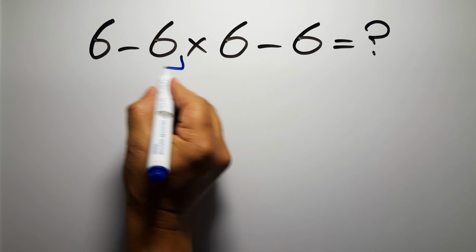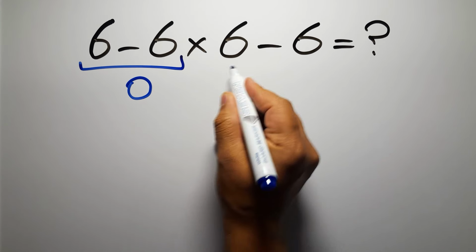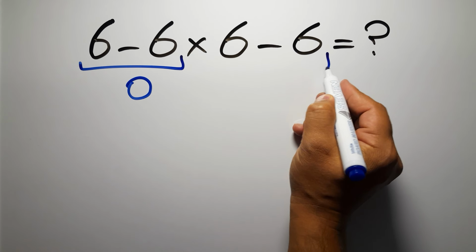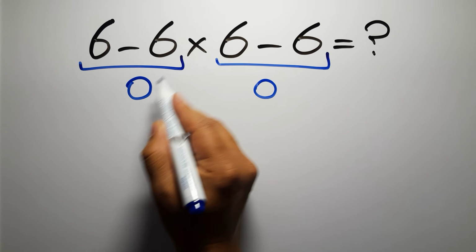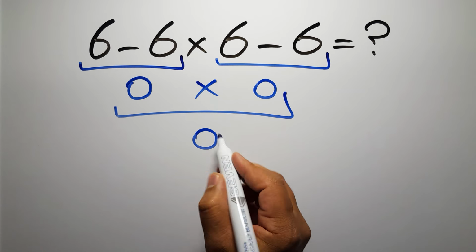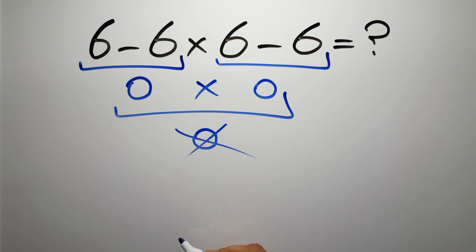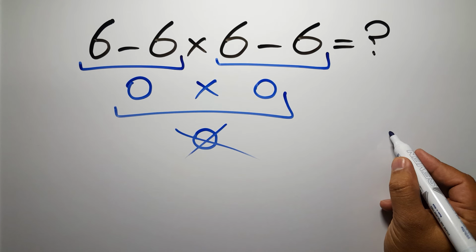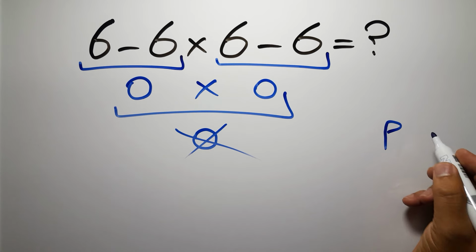6 minus 6 gives us 0. And again here we have 6 minus 6. So 0 times 0, which equals 0. But this answer is not correct, because according to the order of operations, first we have to do parentheses, then